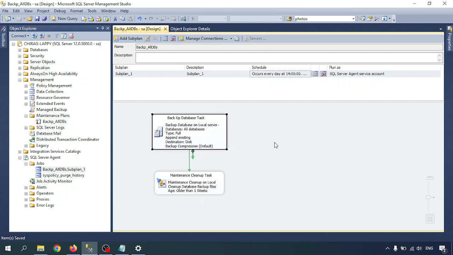If the backup database task is not completed, meaning our old database backup is not completed, then the maintenance cleanup task should not run. Because just assume that your backup is not completed, but my maintenance cleanup task is clearing the backup, then it's quite difficult for us to keep the backup. So what we have